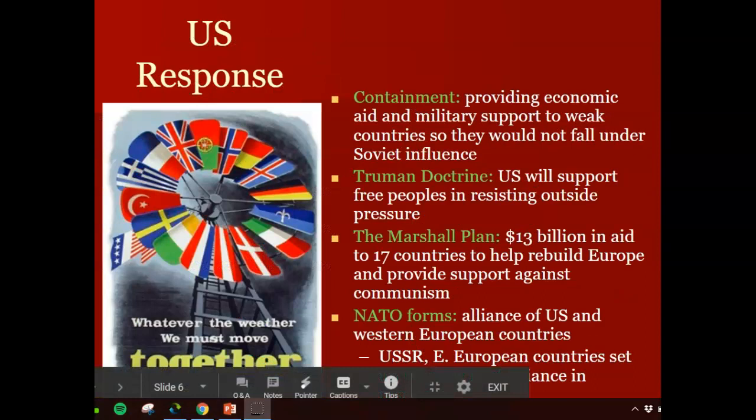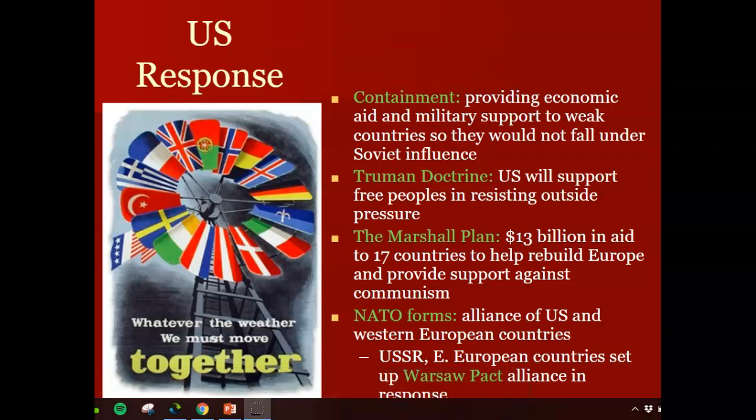Well, the United States responded to the spread of communism into Eastern Europe and feeling like it could spread to other places with a policy called containment. And the containment policy was established by President Truman. And what he wanted to do was provide aid, economic and military aid, to support countries so that they would not become communist or they wouldn't fall under Soviet influence. In fact, there was a Truman Doctrine